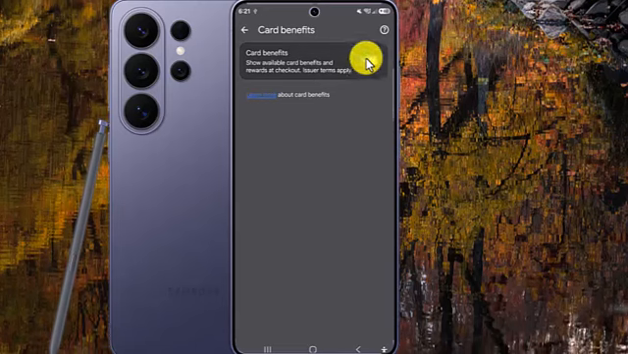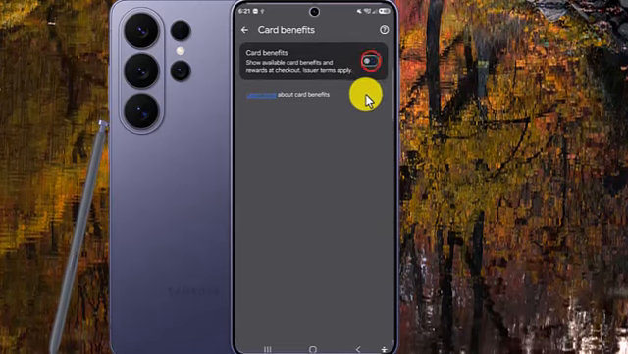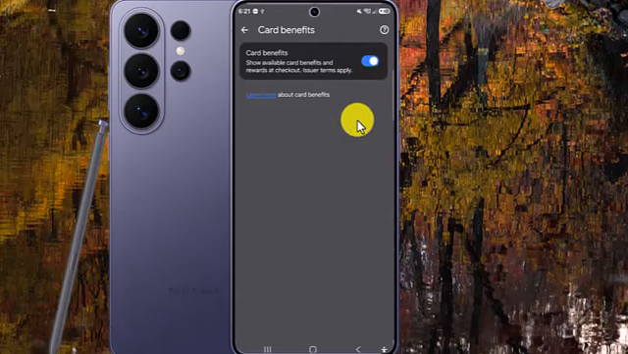And that's how to enable or disable card benefits in Google Chrome on your Samsung Galaxy